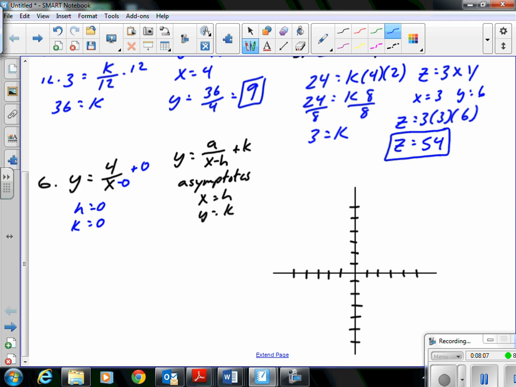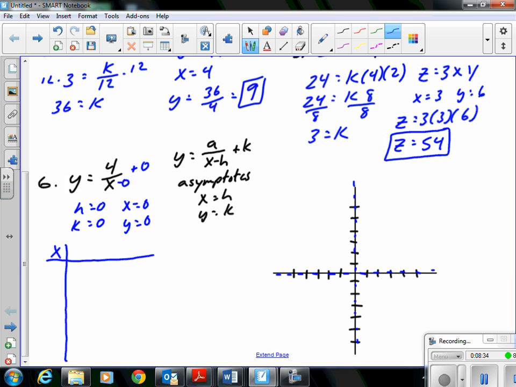Which in this case, we're looking at x equals 0 and y equals 0 for asymptotes. So you got the axes that are acting as our asymptotes. And so then when we want to graph it,